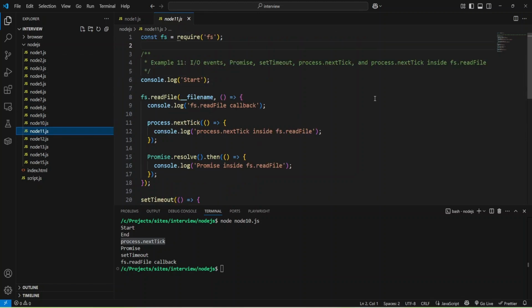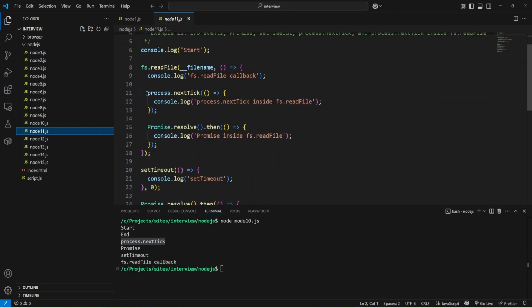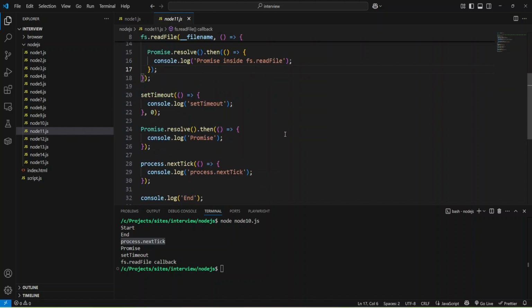And let's go to the next example. The example 11 is similar to the previous example, and I only added callbacks to read file function. Okay, and let's try to run it. We'll see.